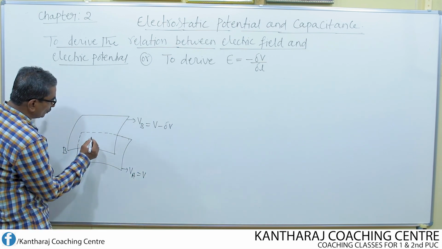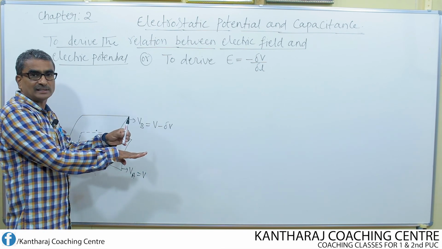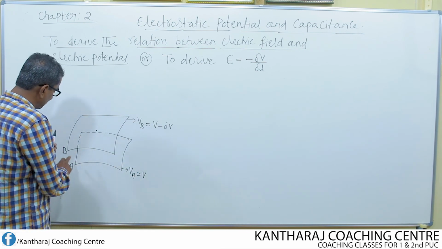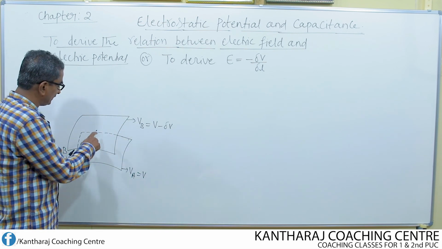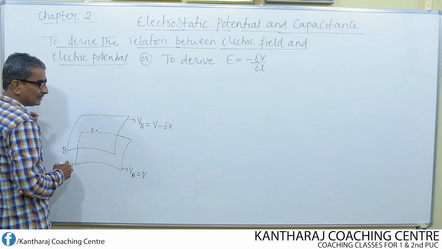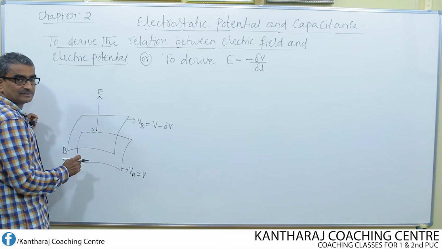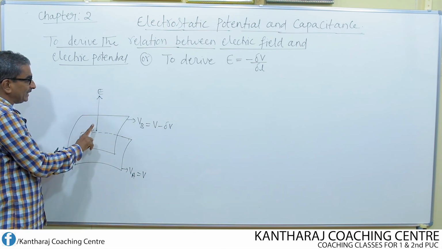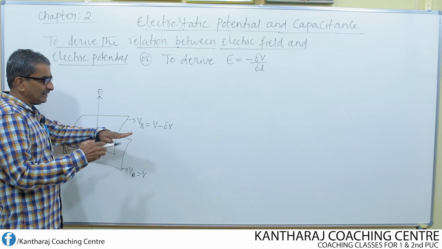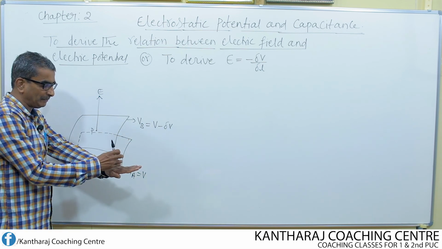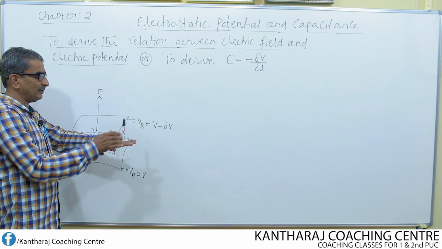Now, I choose one point on the top of the equipotential surface B, remember this is equipotential surface B. On the top I choose one point here, that point is P. At the point P, I consider the electric field direction, which is away from it in the upward direction. So if this is the surface B, then the electric field at the point P will be upwards, perpendicular to this equipotential surface.